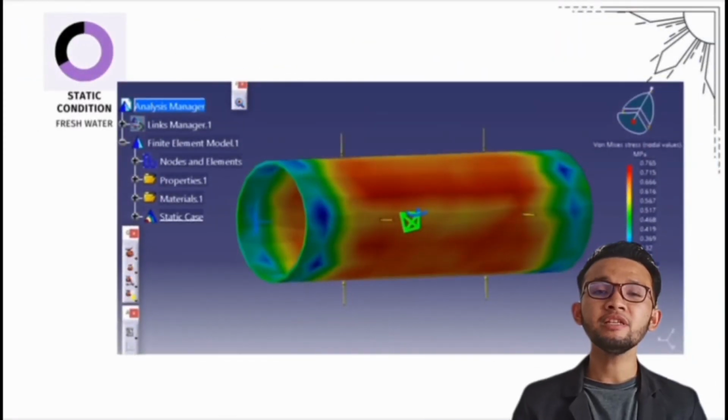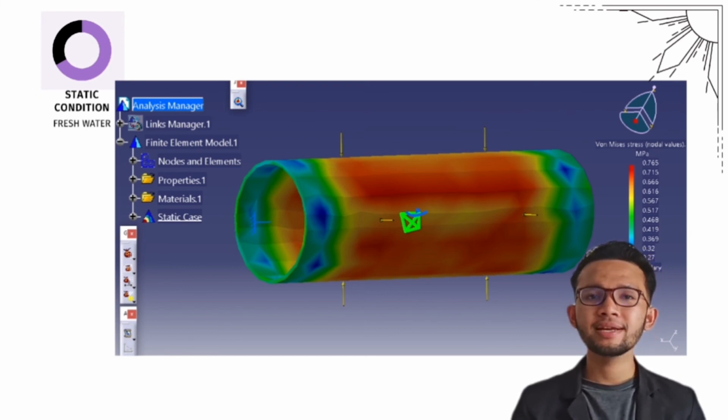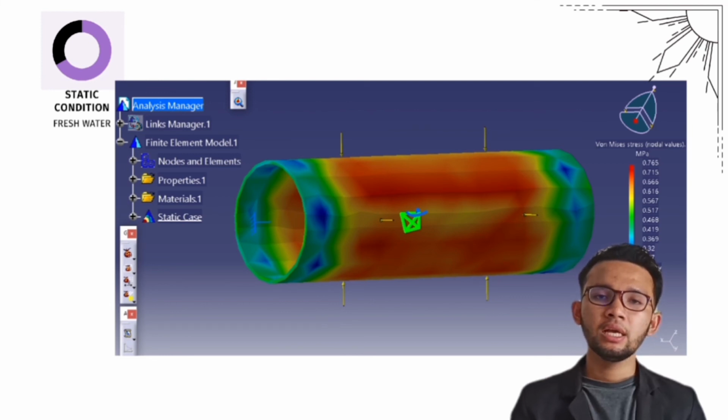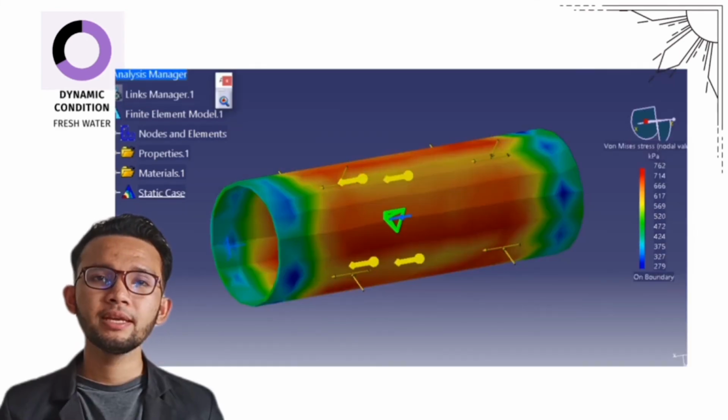Let's see the images for the finite element analysis. For the first image, the condition of the main body is static condition in freshwater. By referring to the image, we can see that the maximum von Mises stress for this state is 765 kilopascal. And the second image, static condition at seawater, we notice that the von Mises stress value is higher compared to freshwater, which is 785 kilopascal. In the dynamic condition,